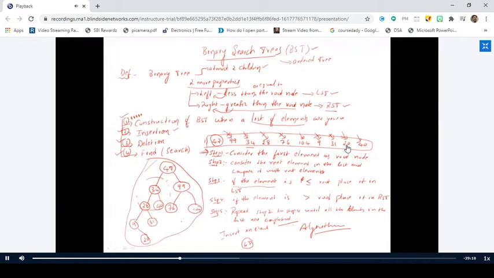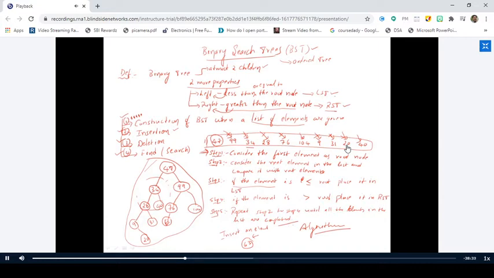Till now we have done the insertion process only, right? You take the new element 63, compare it with the root element. Since 63 is greater than 47, go to the right subtree and compare 63 with 99. Since 63 is less than 99, go to its left subtree and compare 63 with 76. Since 63 is less than 76, 63 should be placed as the left child of 76, since 76 does not have any left child. Is it okay up to this point? Sir. So insertion is a very simple process. The construction of a BST itself, we have done a lot of insertions, right?